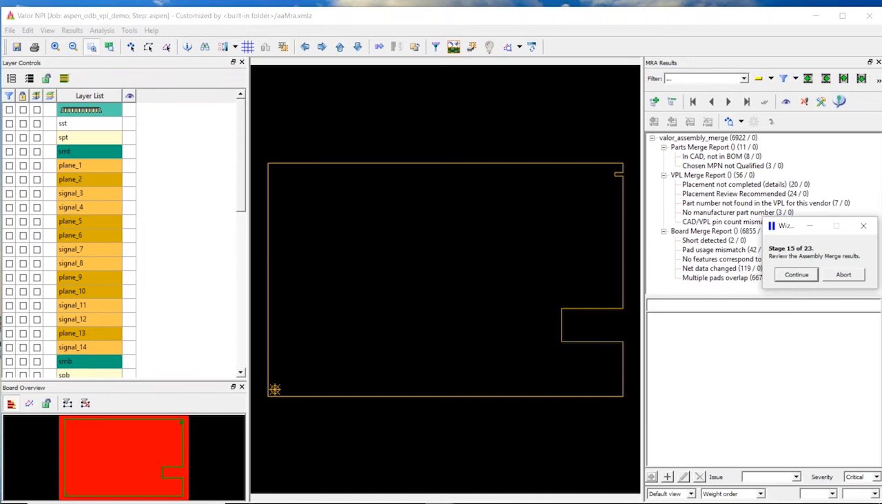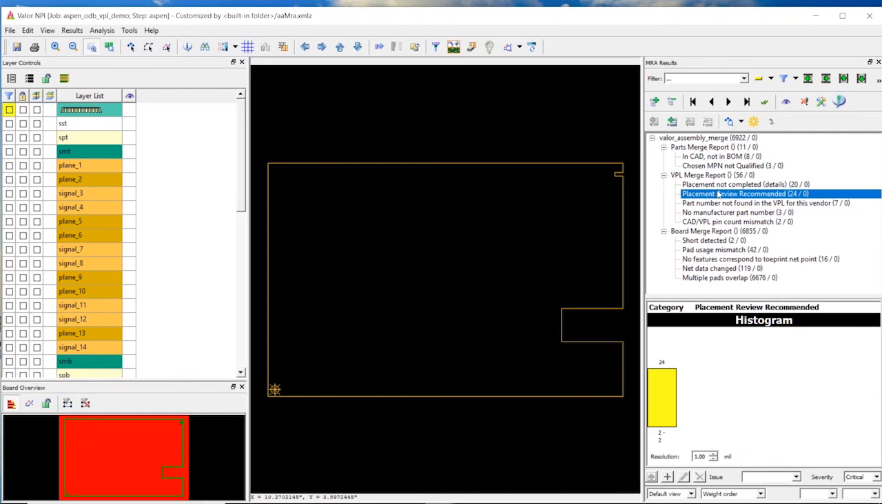So now the next step in the design would be to incorporate that into the design itself. So what we've done is what's called an assembly merge, where we've taken that bill of material and VPL information and added it to the design itself. If I go and look, you can see I have a report here about the VPL merge. And it identified cases where